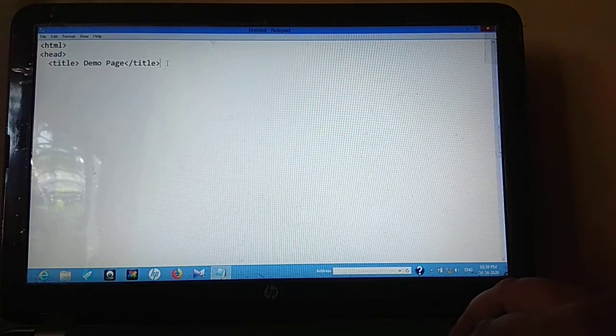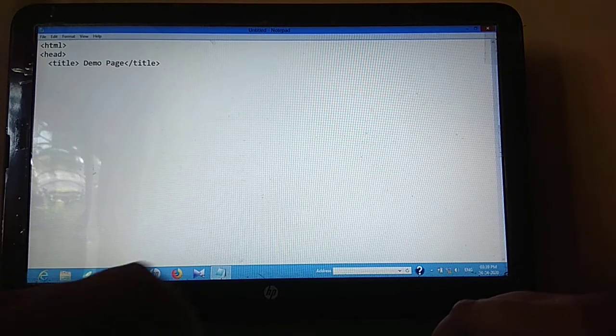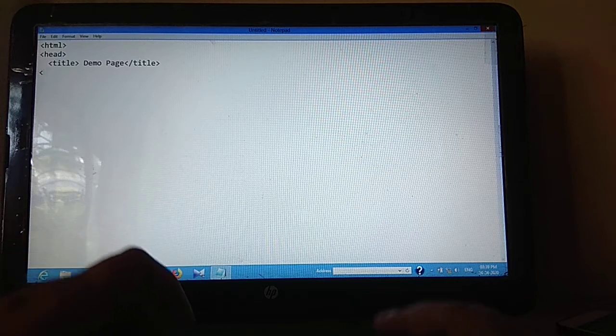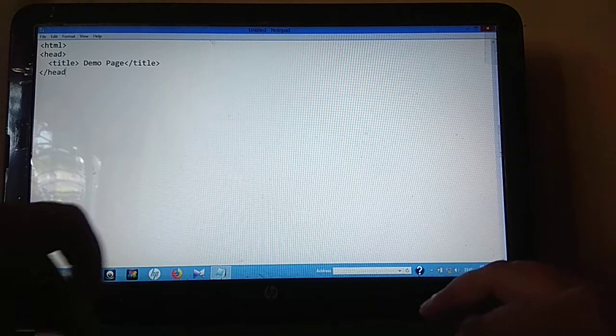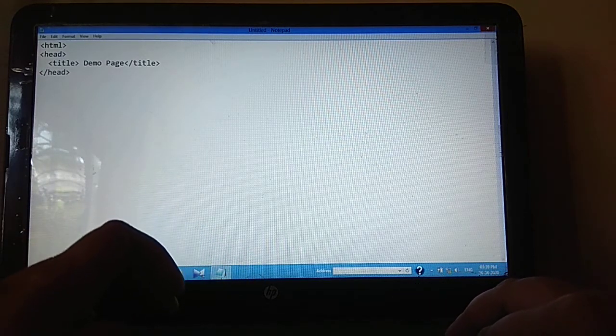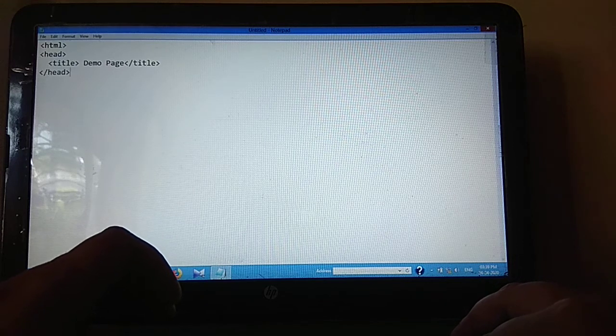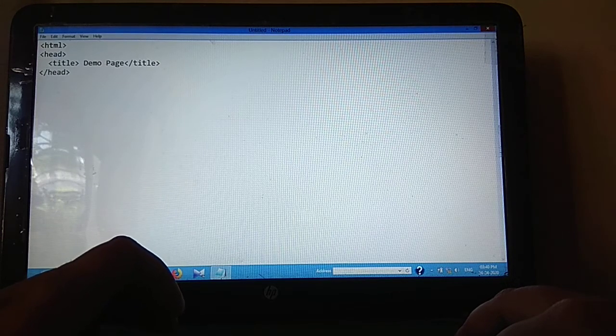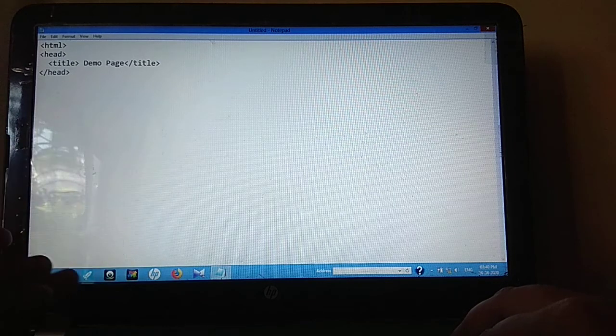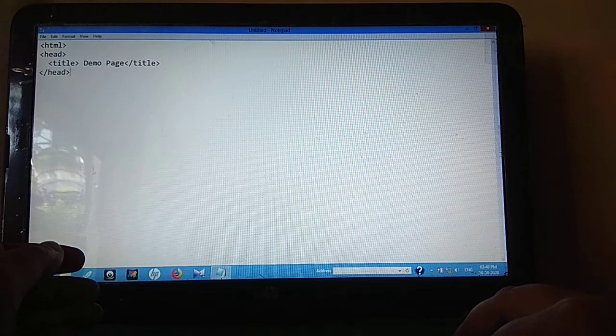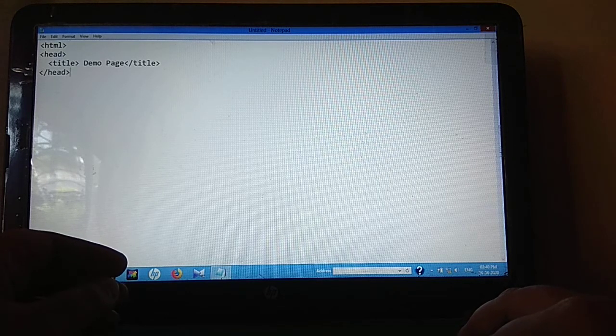After the title tag, which is included in your web page, next we are going to close the head tag. The title of the web page is not displayed in the main area; it is shown in the title bar of your document. After executing, I'll show it in the web browser where it is displayed. After that we close the head tag. We are not including any JavaScript or CSS, we are creating a simple web page. So we are closing the head tag over here.